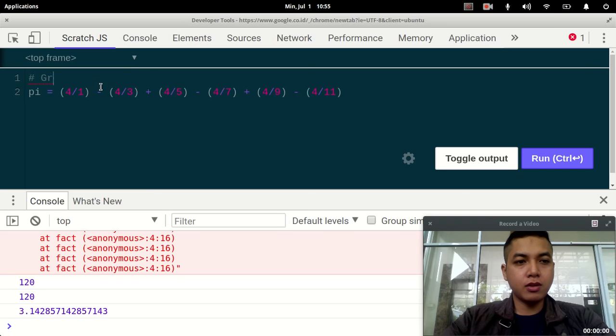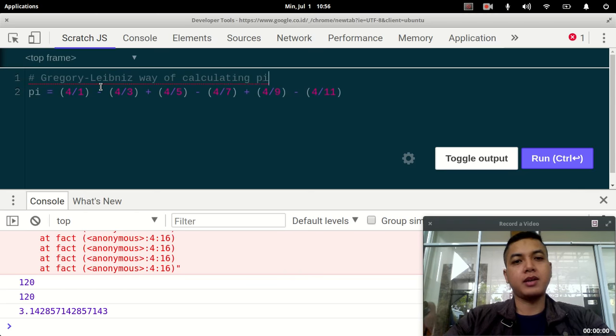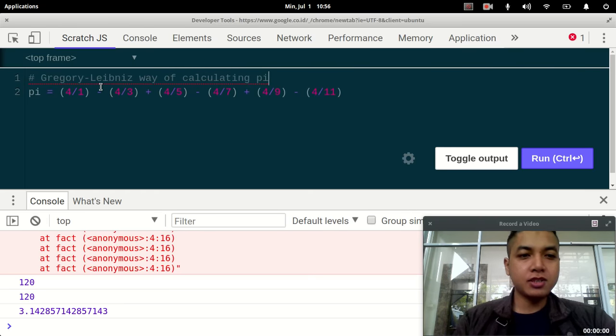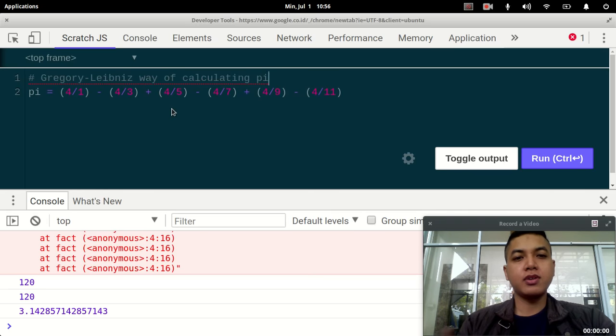This is the Gregory-Leibniz way of calculating pi. As you can see here, the division keeps increasing by 2 for each iteration of calculation: 1, 3, 5, 7, 9, and 11. And for each step, it switches the subtraction and addition